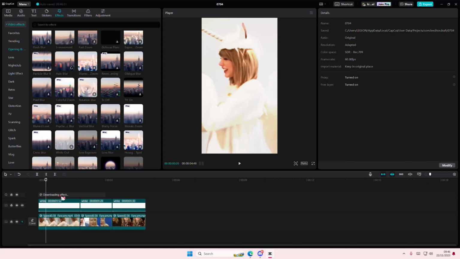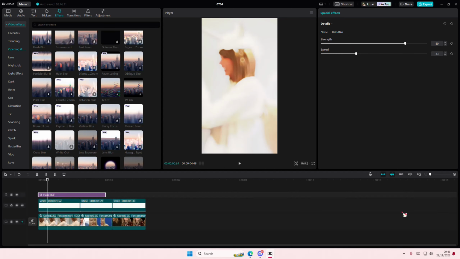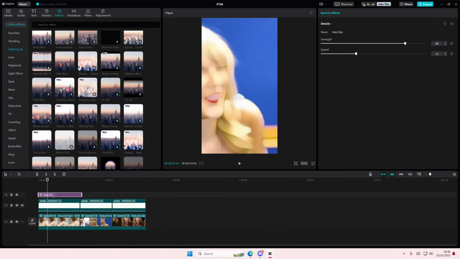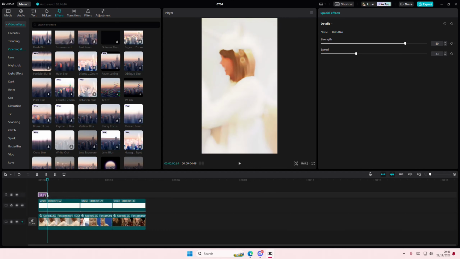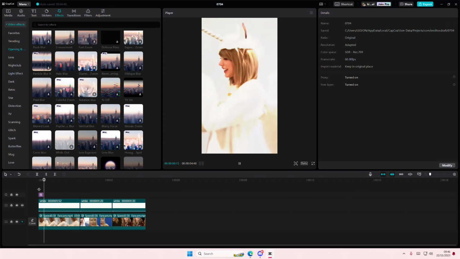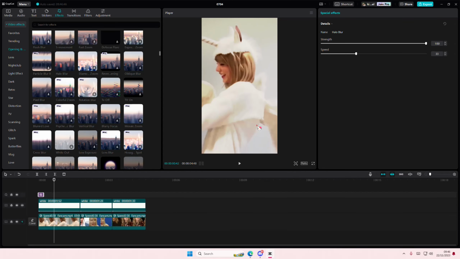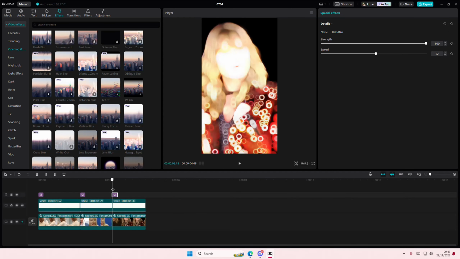Maybe that's why it's lagging, but you're just going to basically make the effect short. Okay, I was gonna pause it, but you're going to then make it short. I'm going to have the strength to 100. Make it as short as you want, like that maybe. I'm just going to adjust it like that, and I'm going to copy and paste it to all the clips,